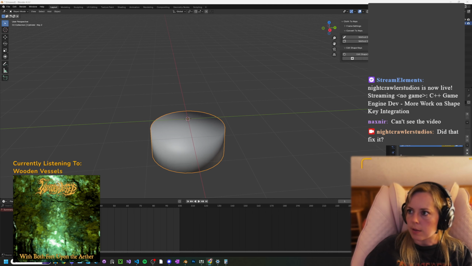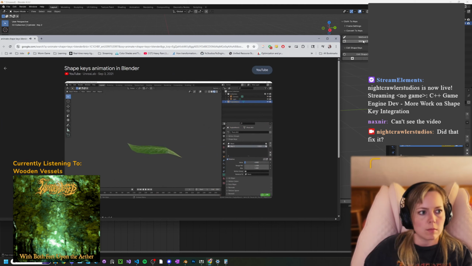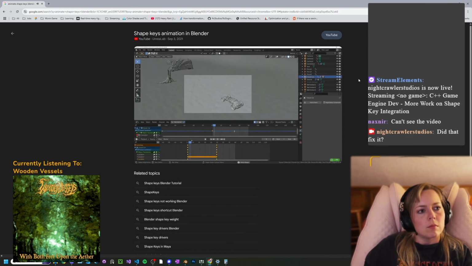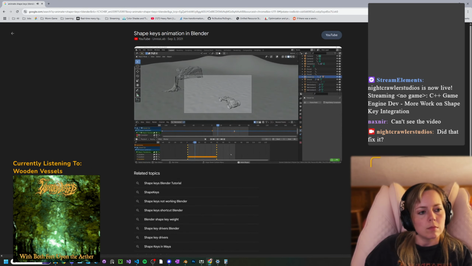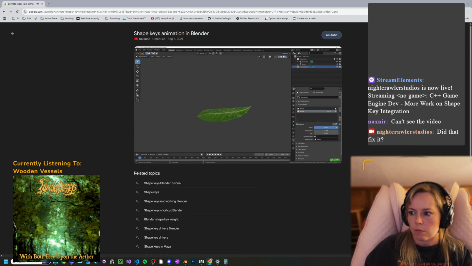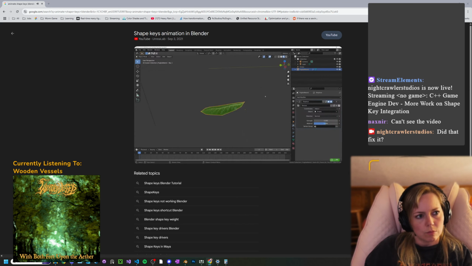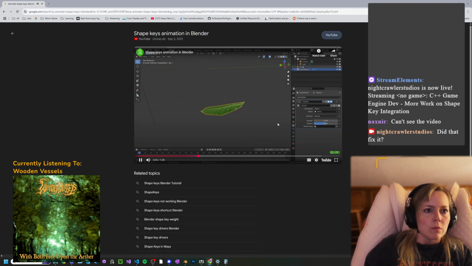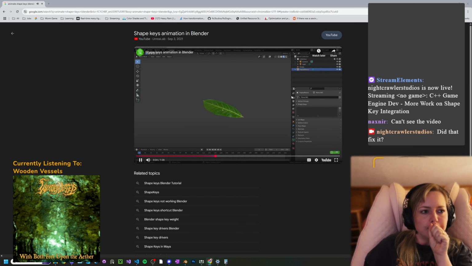Okay, we're gonna watch this video. Shape keys is another technique to animate things in Blender. You generally animate an object with keyframes. In this way, you can animate many properties of an object, such as position, scale, etc. But what about if you want to animate the shape itself? For example, consider a real-life case, where we want to animate the shape of a leaf. In this case, you could also use a modifier, such as the displace one. But there is another way to do that. That is useful when you want to manually animate the single vertices of an object,